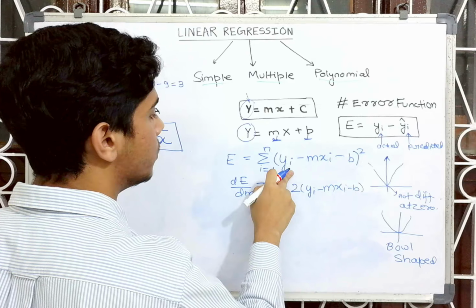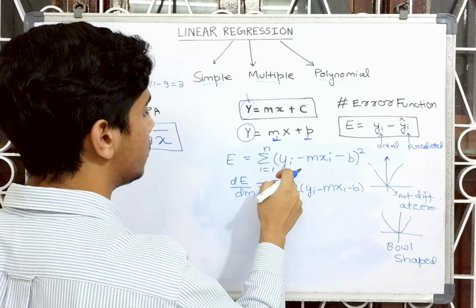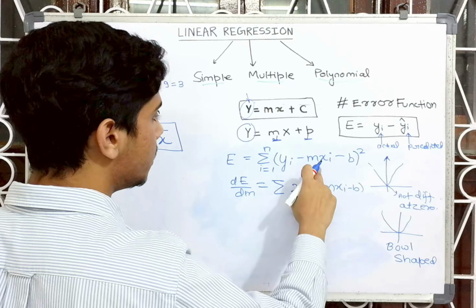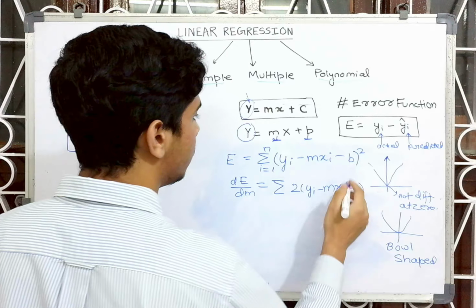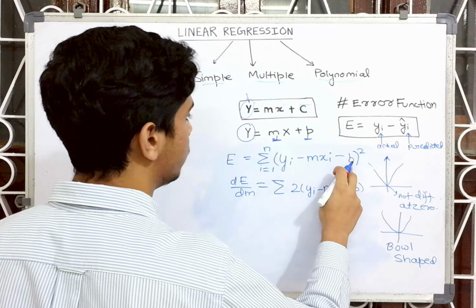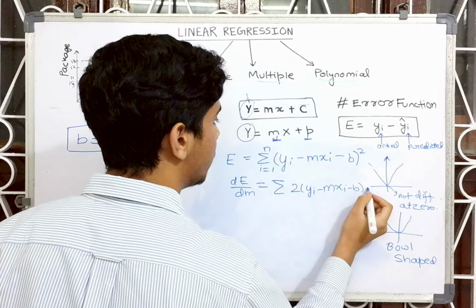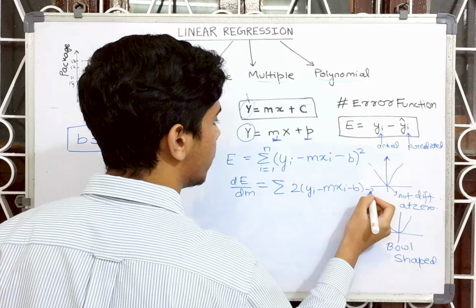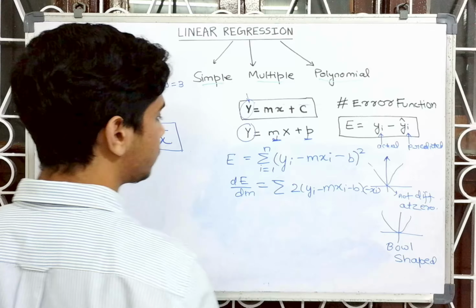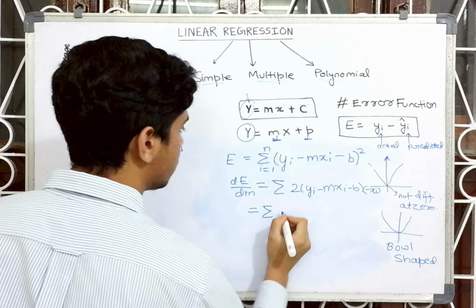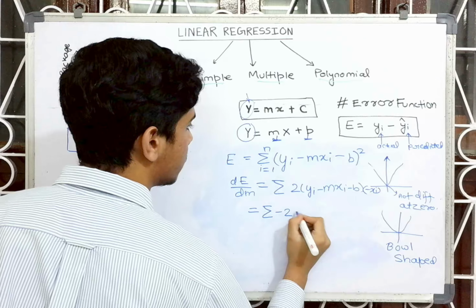The m term with respect to m gives minus xi, and the other term will be 0 because there is no m term in it. So here we will multiply by minus xi. Now the final equation will look like this: minus 2 xi